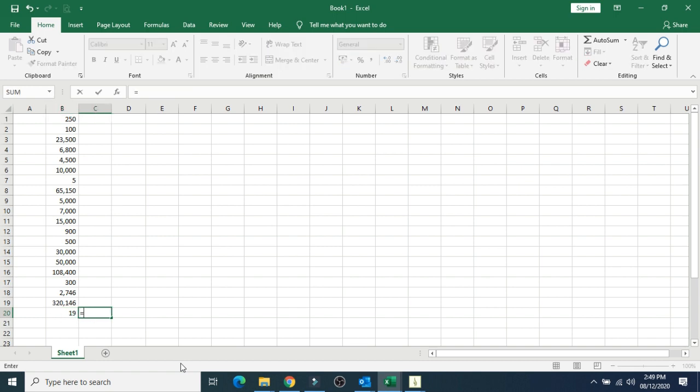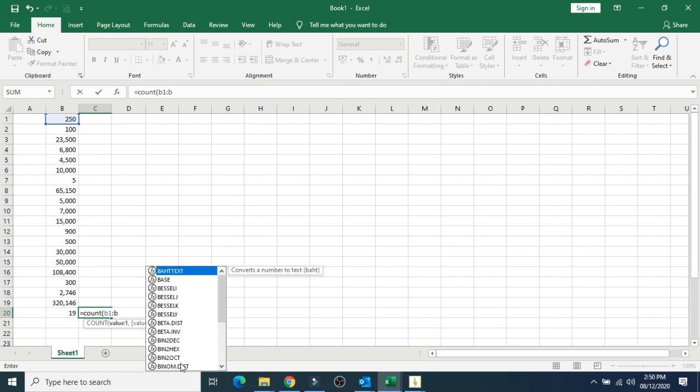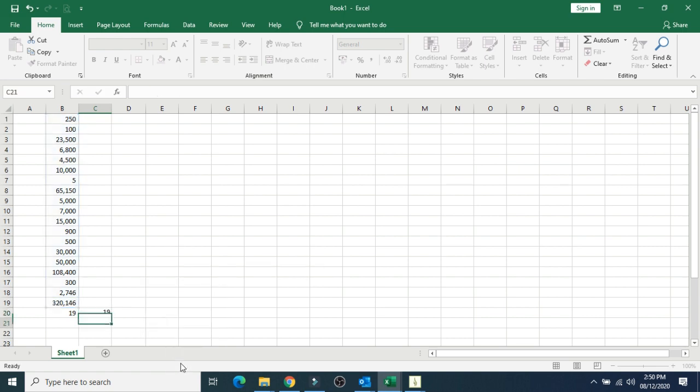Similarly, you can do it manually by typing equals count bracket start B1 colon B19 bracket close, enter. So it is giving 19. Let me delete this so we can go to the next option.